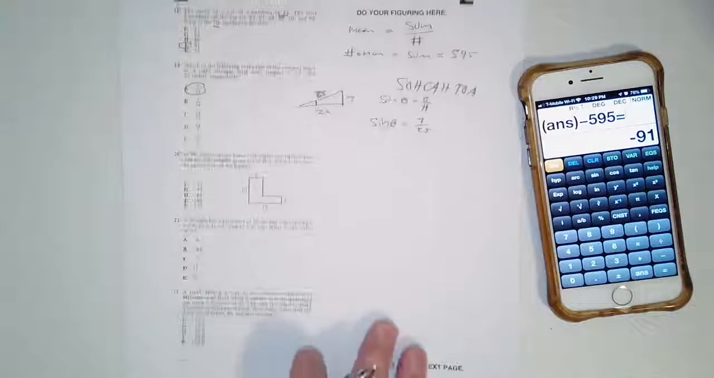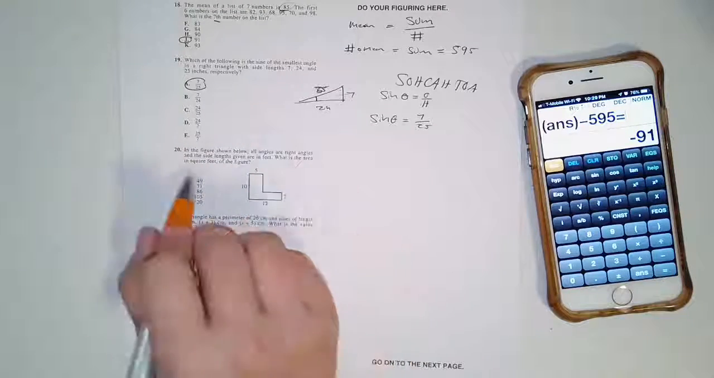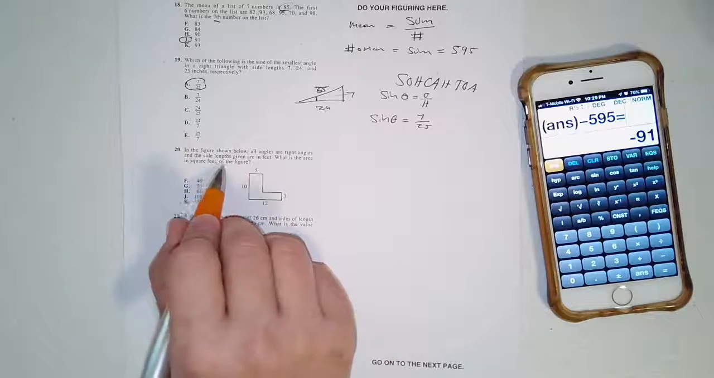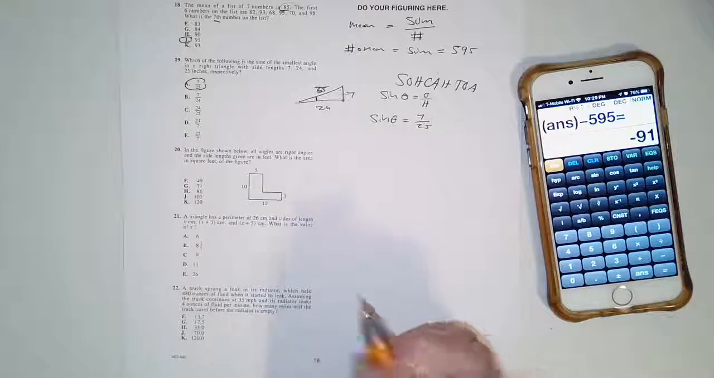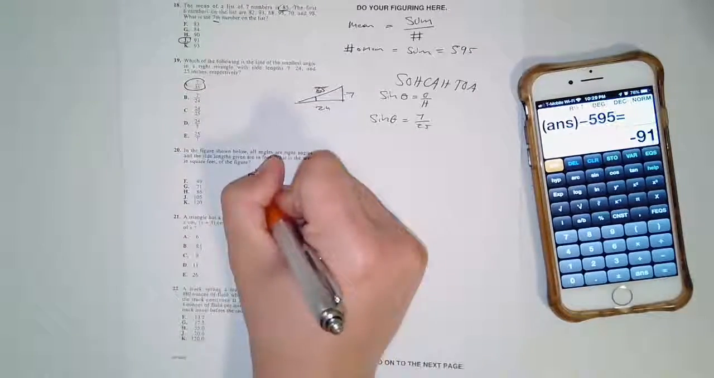In the figure below, all angles are right angles, and the side lengths are given in feet. What is the area in square feet of the figure? Easiest way to do one of these shapes is to cut it into pieces that you can manage. So now we have one rectangle that's 5 by 10, which is 50,